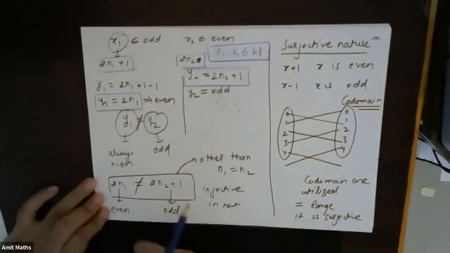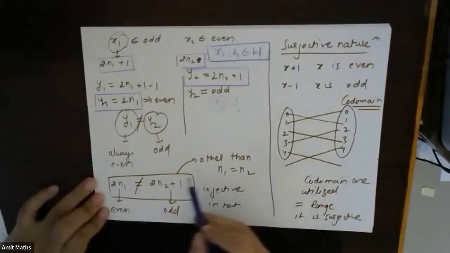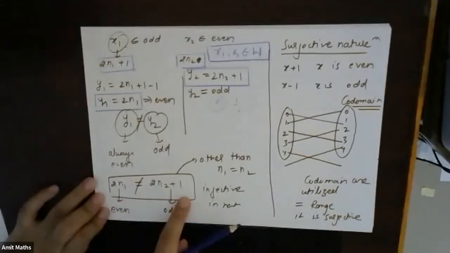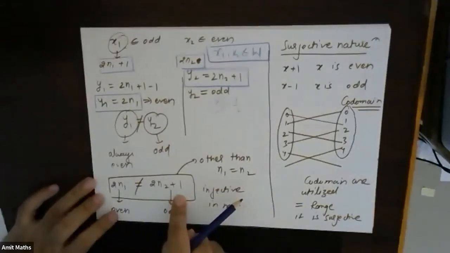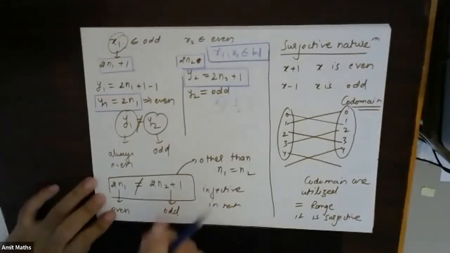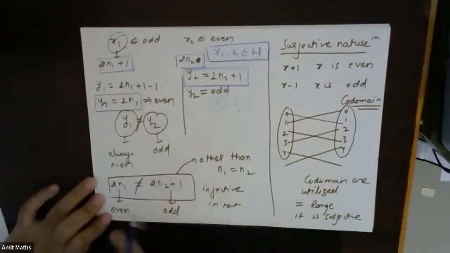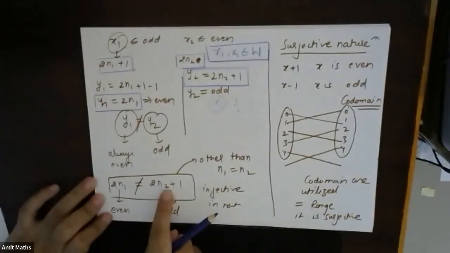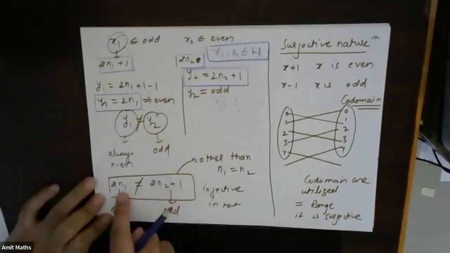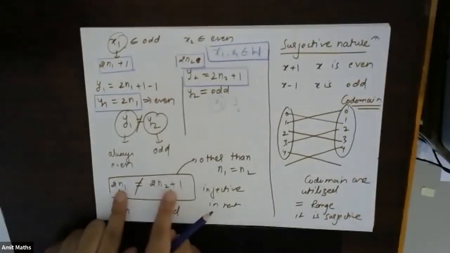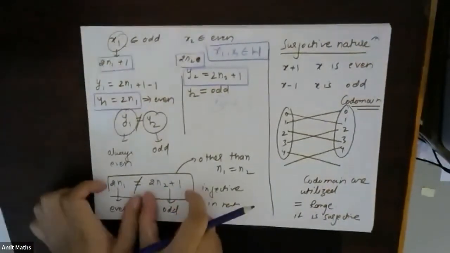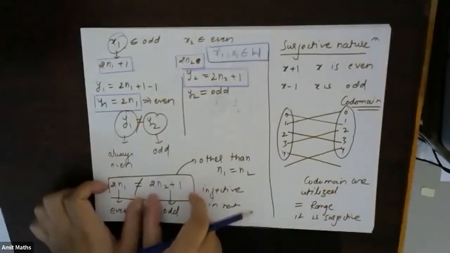Now, in the previous cases, if I got any other solution, then n1 is equal to n2, and I would take this as not injective. If you remember, not injective, right? But here n1 and n2 belong to whole numbers. Now, if these are two whole numbers, then no matter what number you substitute here, these two parts will never be equal.